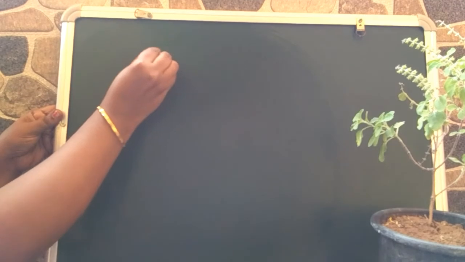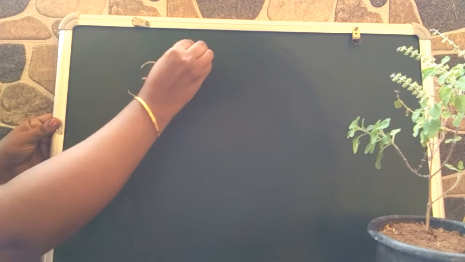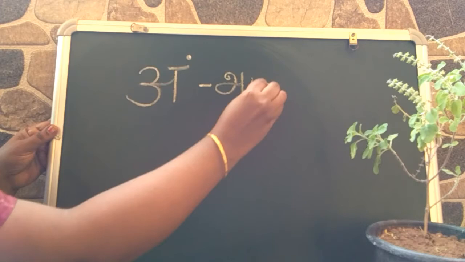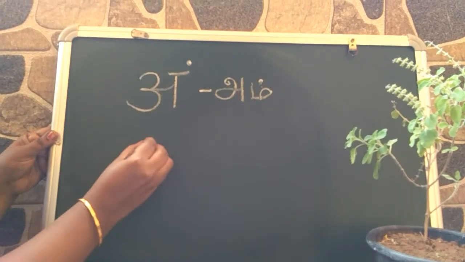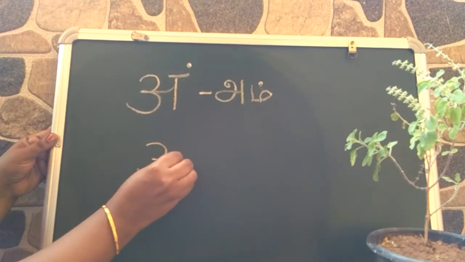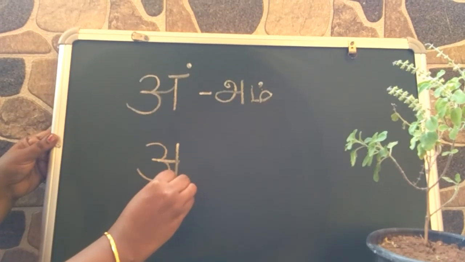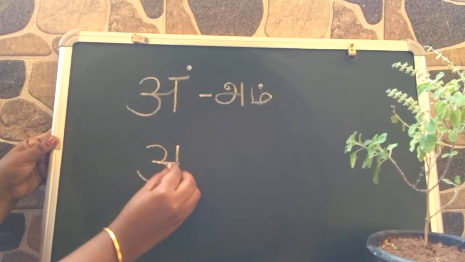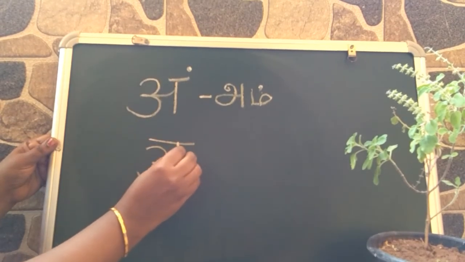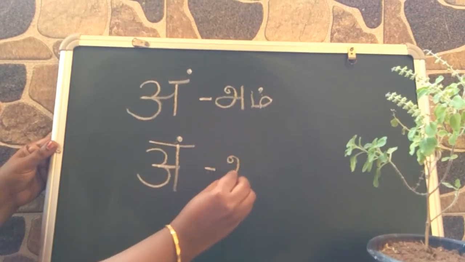The next letter is. Now I will teach you how to write. First we have to draw number 3. Then a sleeping line like this and connected to that the standing line to touch the sleeping line. Finally, draw a sleeping line on the top and place a dot on the top like this. This is letter.